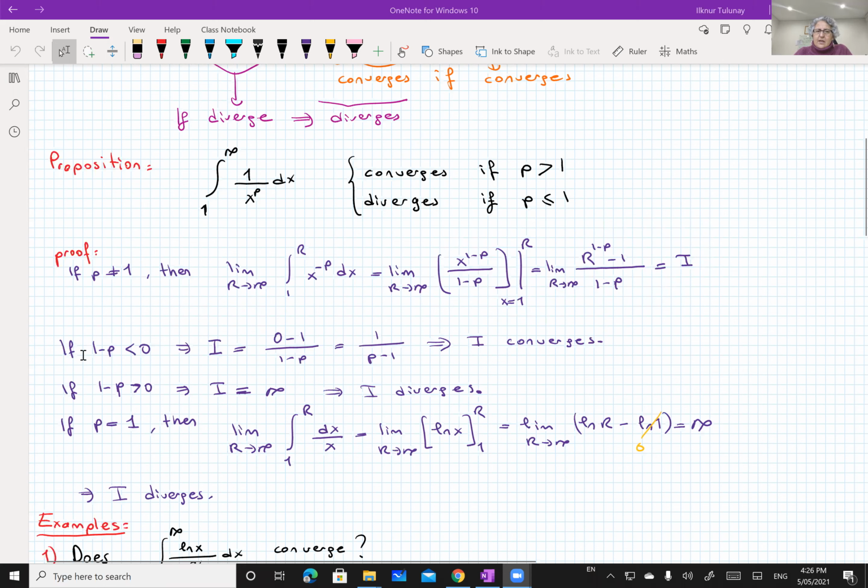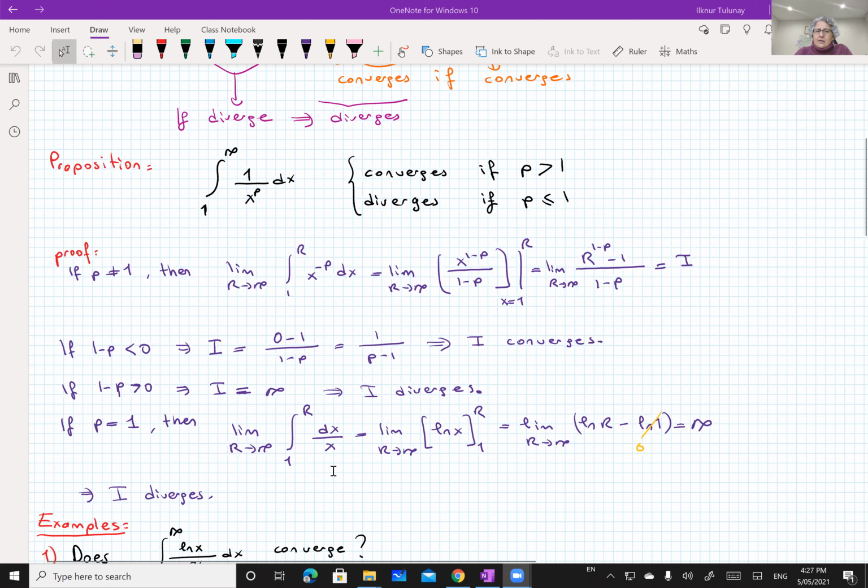If 1 minus p is smaller than 0, then the limit will be 1 over p minus 1. That makes I converge. So this converges if 1 minus p is smaller than 0. If 1 minus p is bigger than 0, in the limit it will be infinite, so it diverges. If p is equal to 1,